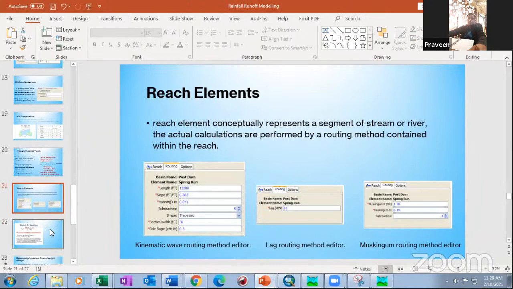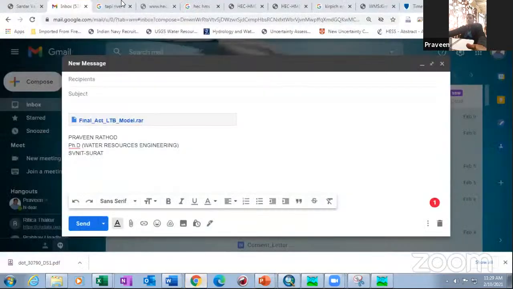Why the lag method? The lag method is very simple, and although simple, it is effective also, in much of the literature, even your